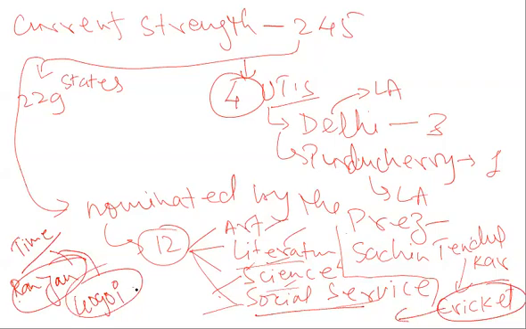He was nominated to the Rajya Sabha under the category of jurisdiction, that is law, under the category of law. Though there is no concept of law category in these four: art, literature, science, and social service. So how was Sachin Tendulkar nominated to the Rajya Sabha under the field of cricket, and how was Mr. Ranjan Gogoi nominated to the Rajya Sabha under the law category? Let's talk about it.